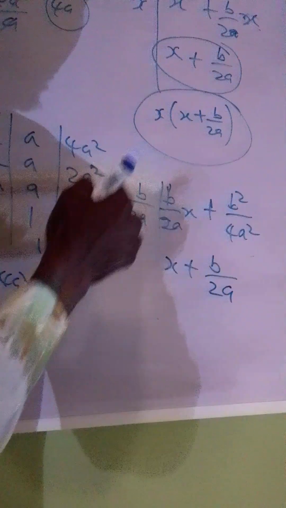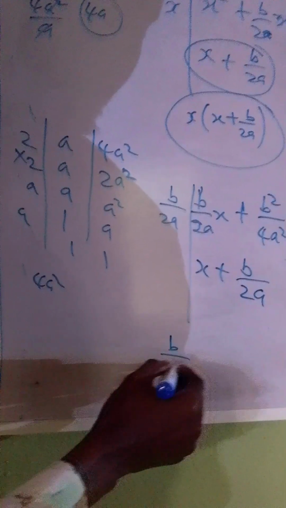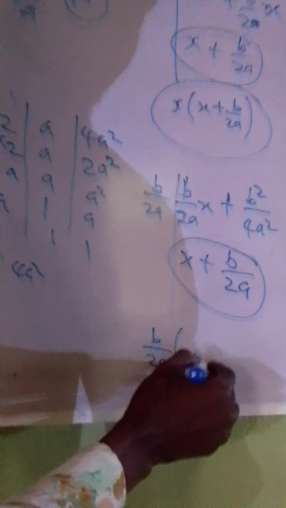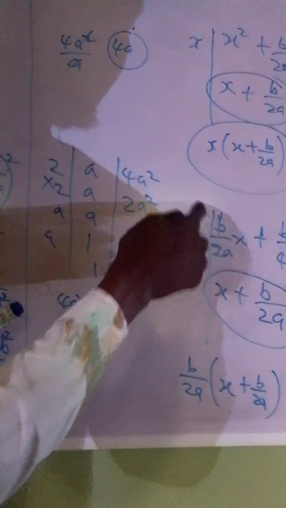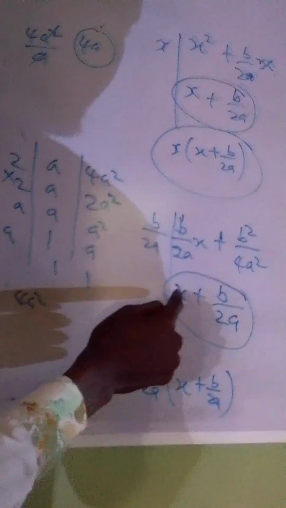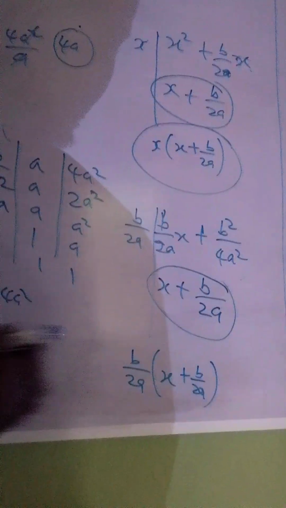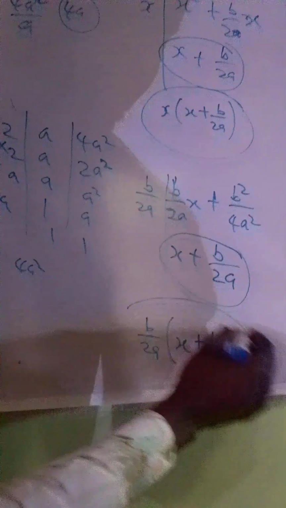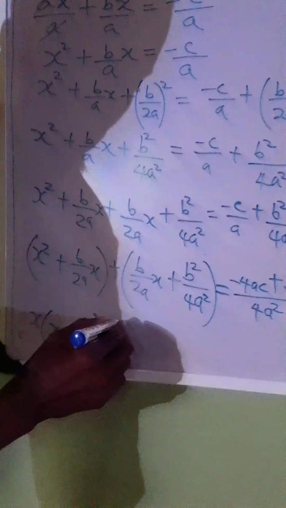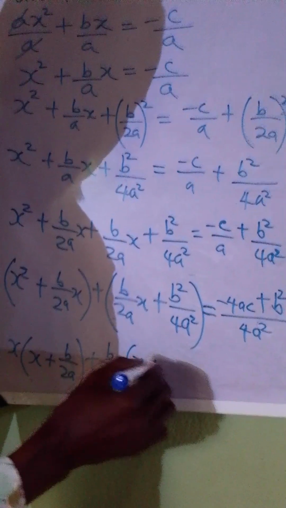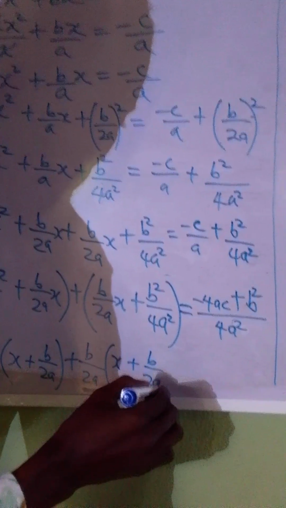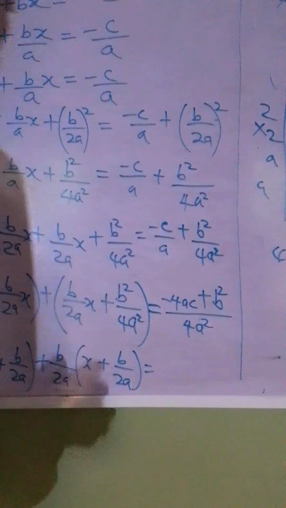So what's our HCF? Our HCF is b over 2a. Then put the remainder in bracket: x plus b over 2a. Now b over 2a is our HCF and x plus b over 2a is the remainder. So bring both the HCF and the remainder back to your work. Alright, so you have b over 2a bracket x plus b over 2a equal to, now